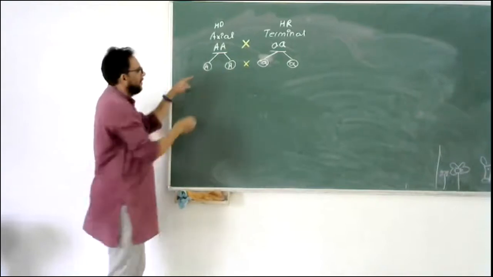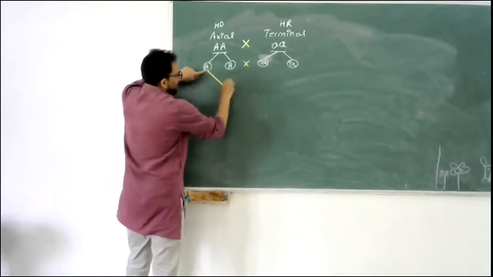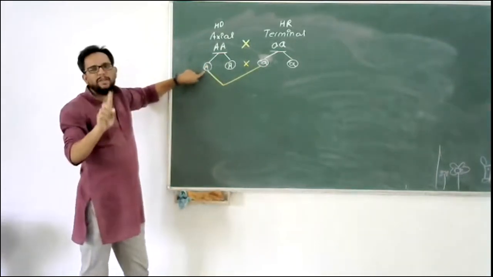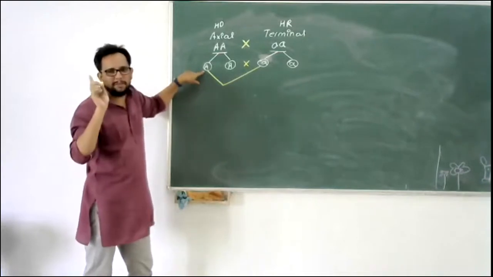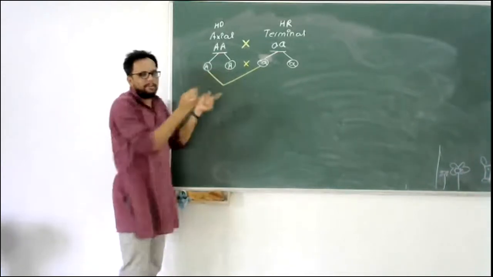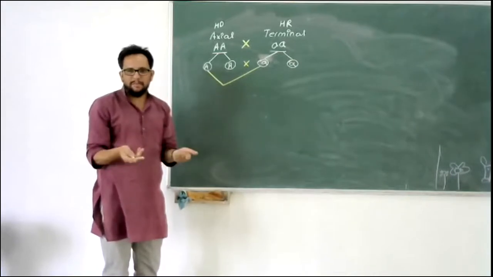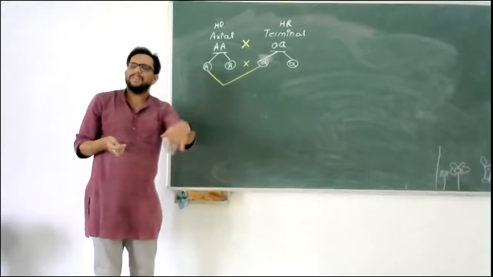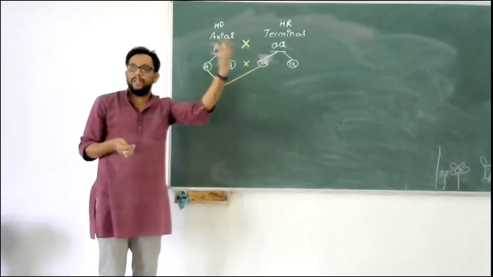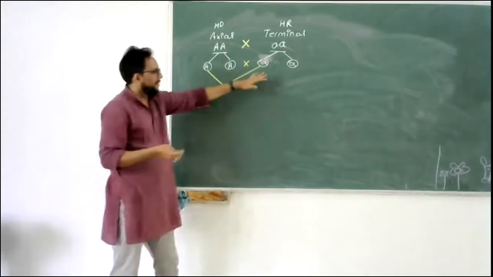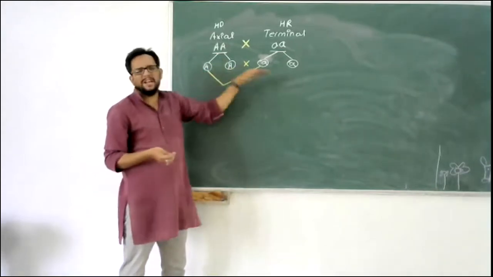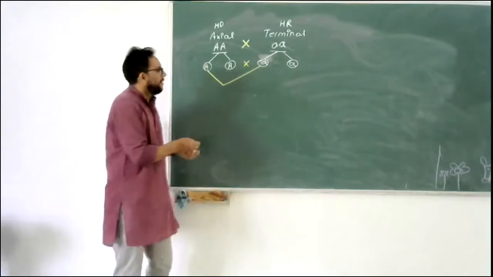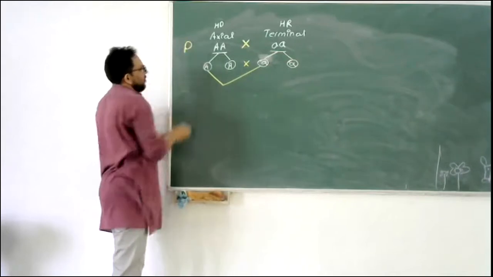Now what happens is, let's say this gamete fuses with this gamete. One gamete from one parent can fuse with only one gamete from the other parent. These two will not fuse again because they are from the same parent. Like a male sperm cannot fuse with a male sperm, right? It can only fuse with the female ovum. Let's assume one of them is male and one of them is female. That means it will need the gamete from the other parent. So this is the parent generation.